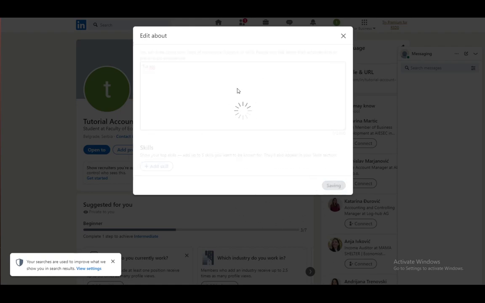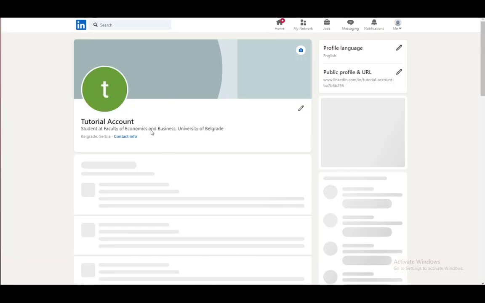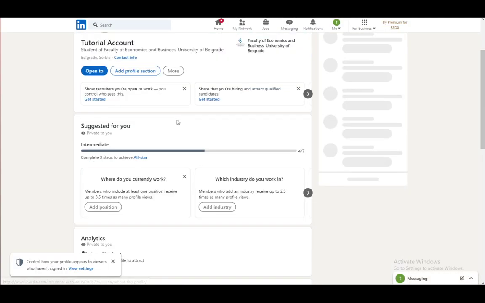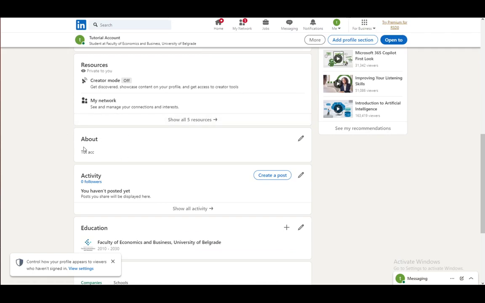Click Save, and now that you do, if I refresh my profile page, what you will see is that the About section has been added here, and then you can just click this pencil and edit it in the future,